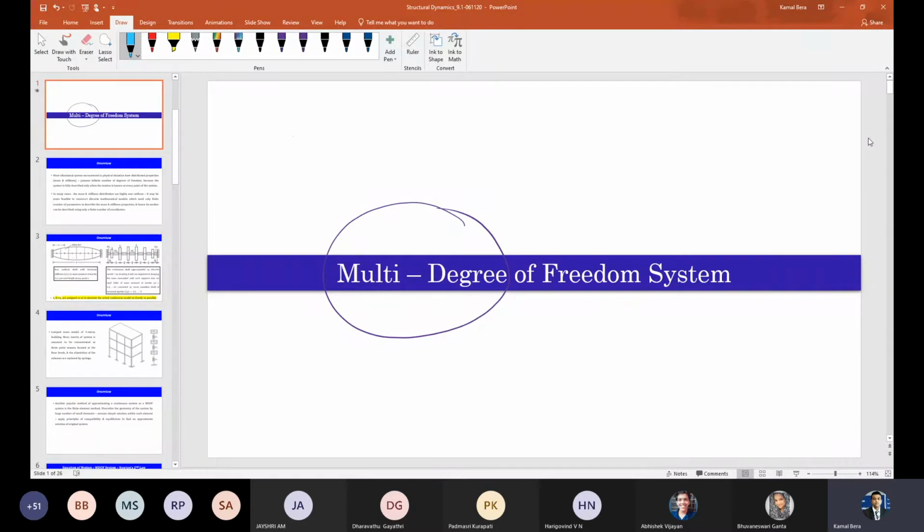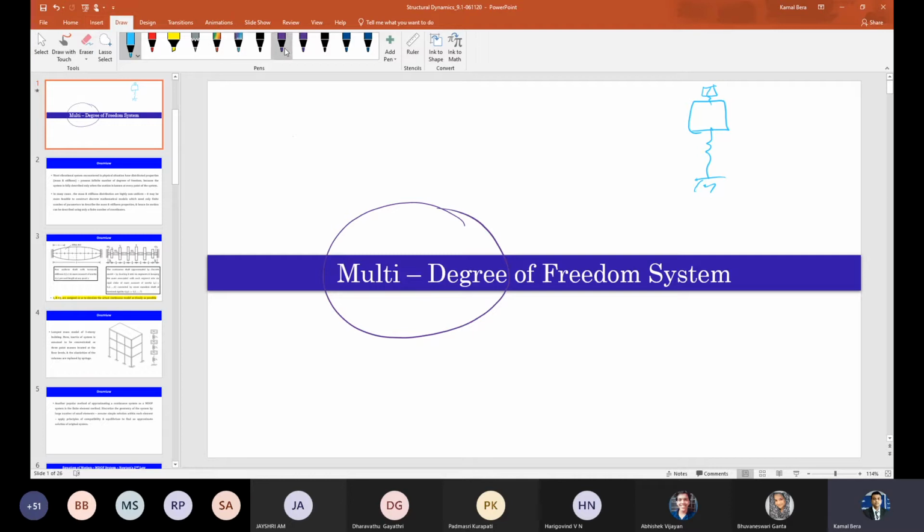As you already know, or I talked about in the initial classes, the actual practical system in most of the cases is a continuous system, right? You will not find a real system like this in nature, a lumped mass like this, or a 2 degrees of freedom system like this. This type of system is very rare, unless you made it like that. A real system is a very complicated system, and it's a continuous system.